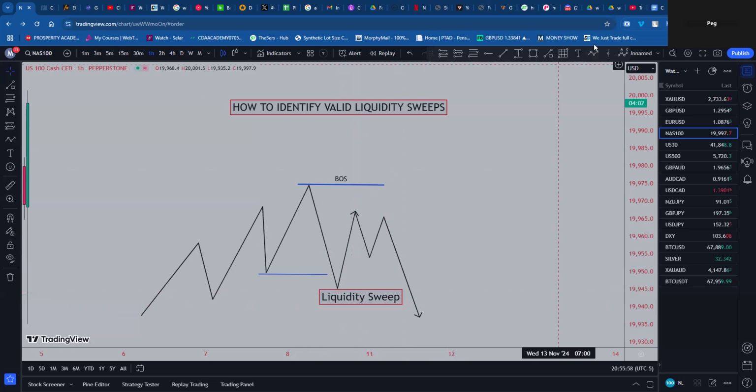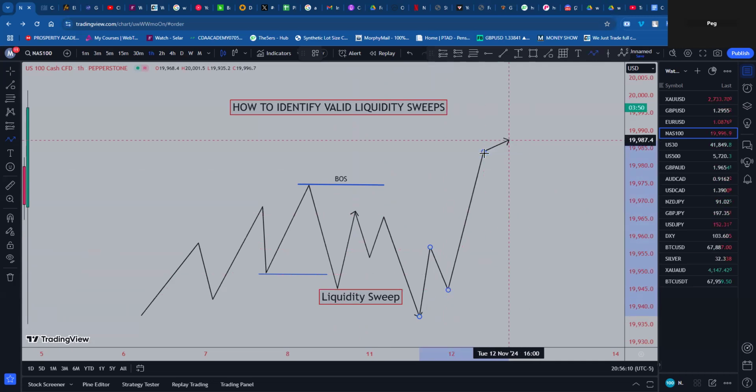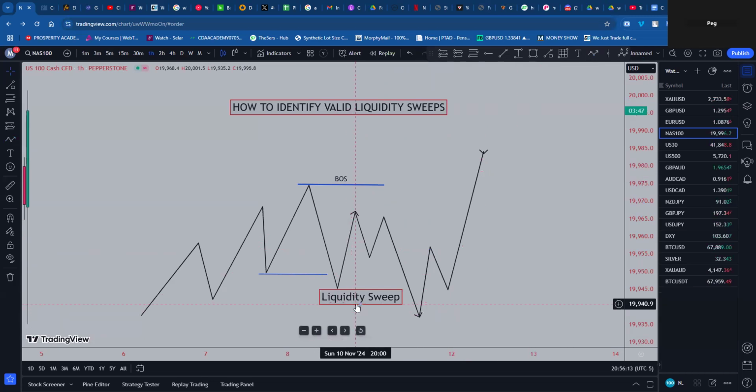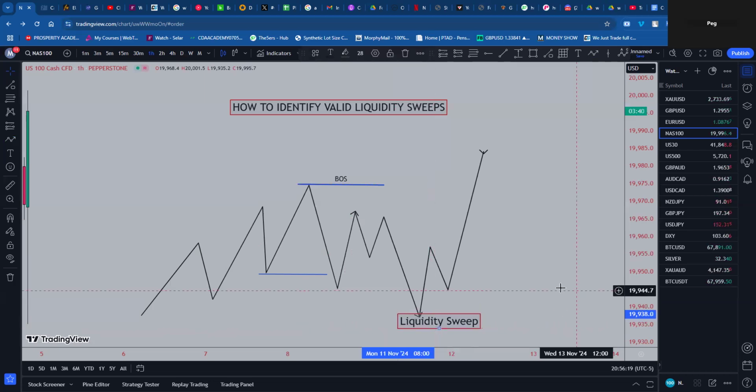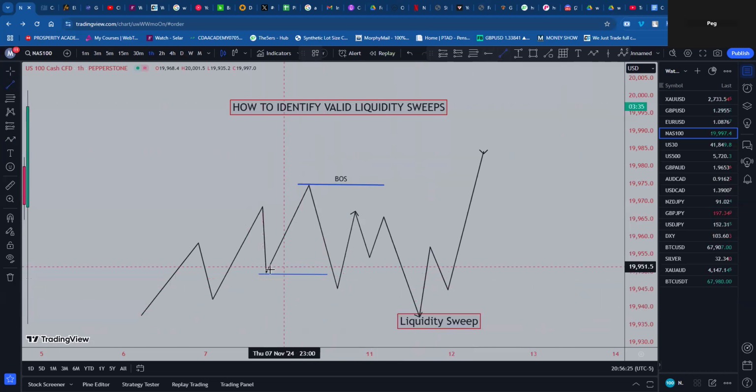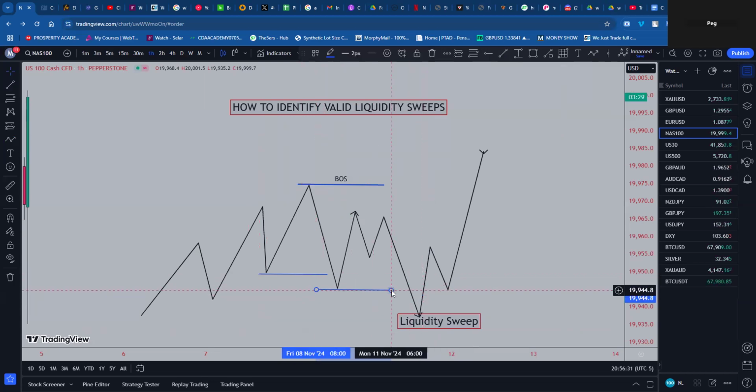So price can still come back after this sweep, take that sweep again and go back up. So this place now becomes our valid sweep. You understand? Because what did price do? Price took out this one, and after taking out this one, it took it out again a second time. And this is the high that sponsored this new sweep. Am I right? This one sponsored this new sweep because price came here,